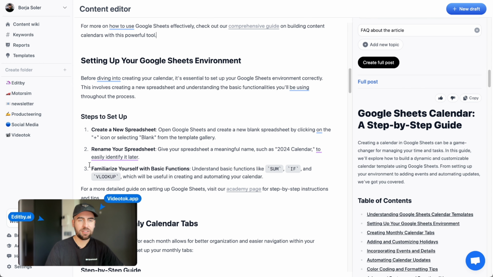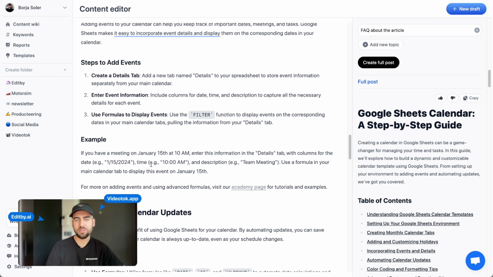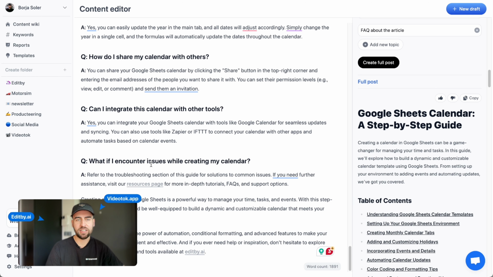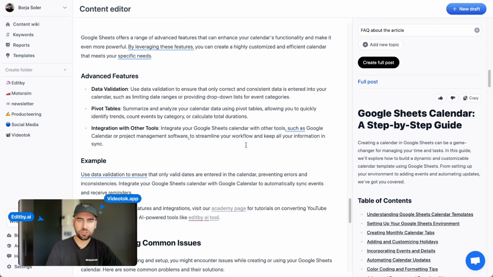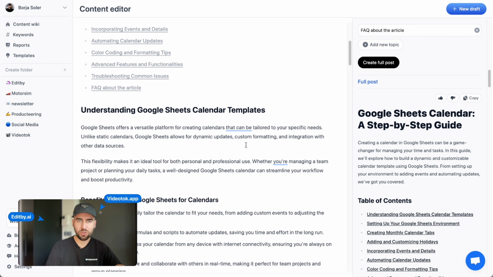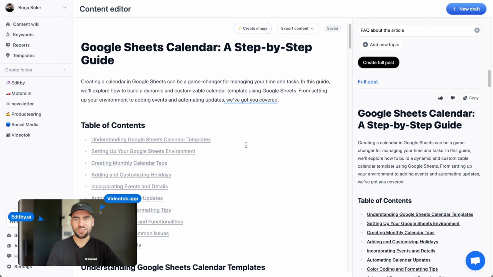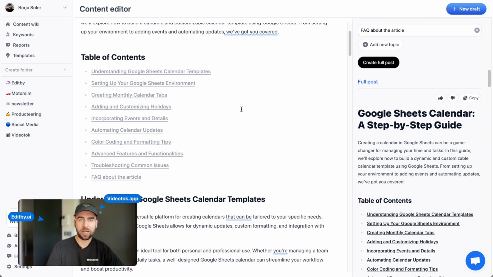So we have these examples and steps to create the content. It's a little bit more detailed here, and we could just add a few images. Also, we have our fact just behind us and everything. So this content reads more like human, provides better value. It's a bigger effort. So it just takes a few minutes, but then in a few minutes you have a full article that could pass as not AI, and then Google is going to start ranking it. So it's the same full process that we did to rank in the first position in Spanish for this